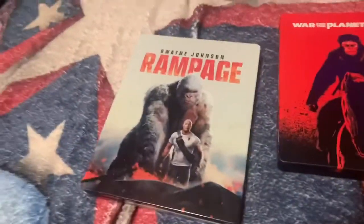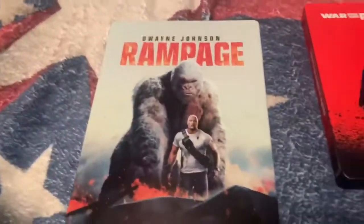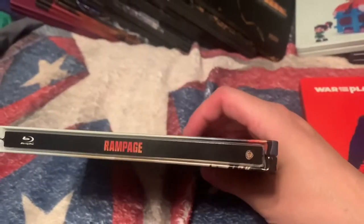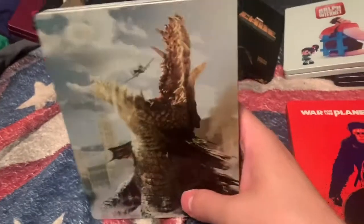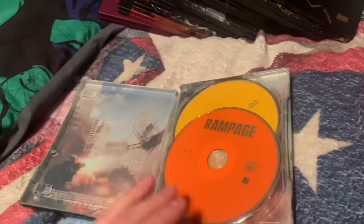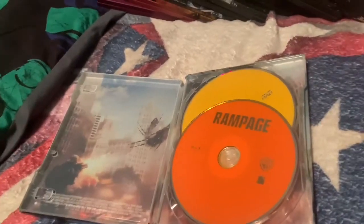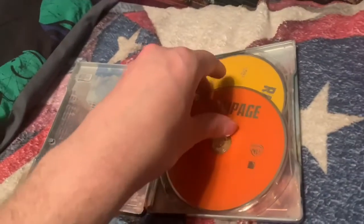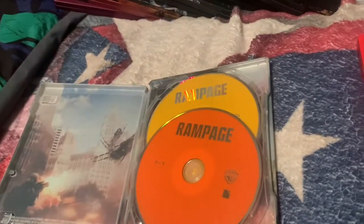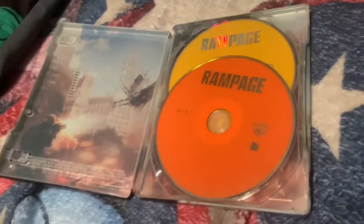And then another Walmart one I got is Rampage. Another movie I haven't seen yet. My family did see it, and they said it was pretty good. From what they can remember, I think it looks good. I haven't seen it. I still need to watch it. And I know some of you guys are thinking that I'm crazy for buying steelbooks that I haven't even seen the movie for, but I mean,